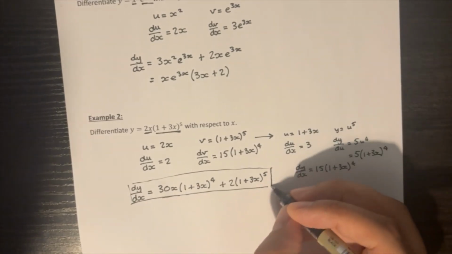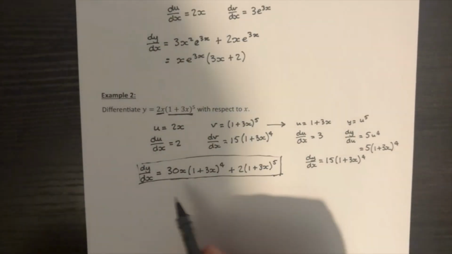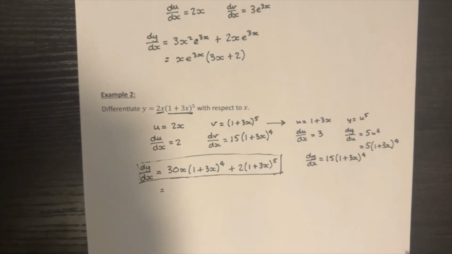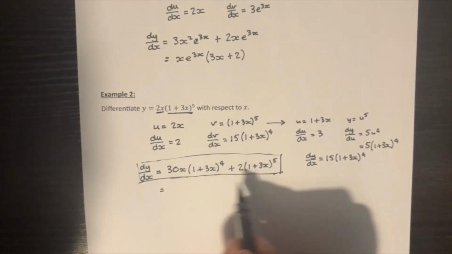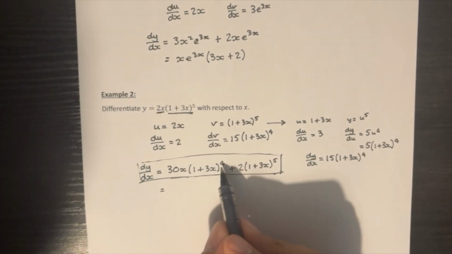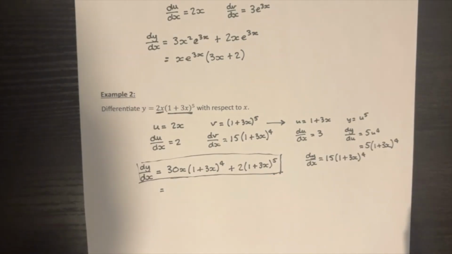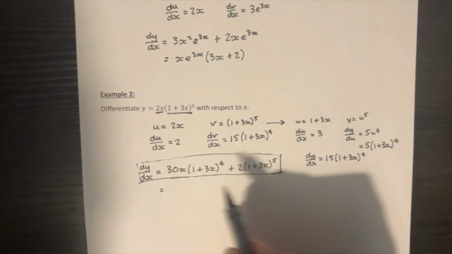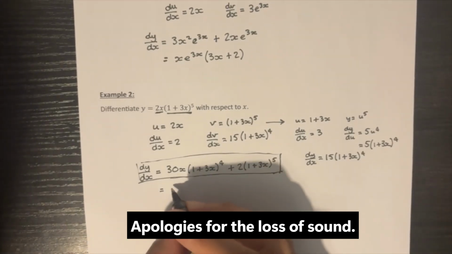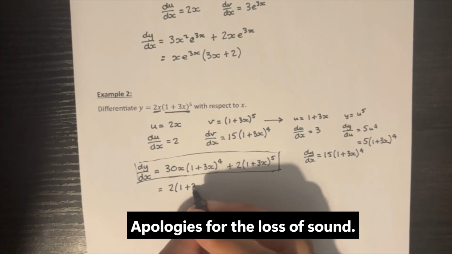Depending on how we're asked the question, we may be asked to factorise, to simplify that. So just to finish off, we are just going to factorise that. Now I've got 2 as a numerical common factor for these, and I've also got 1 plus 3x to the power of 4 as a common factor. There's a power of 5 there, but there's at least 4 in both of these. So I can write 2 lots of 1 plus 3